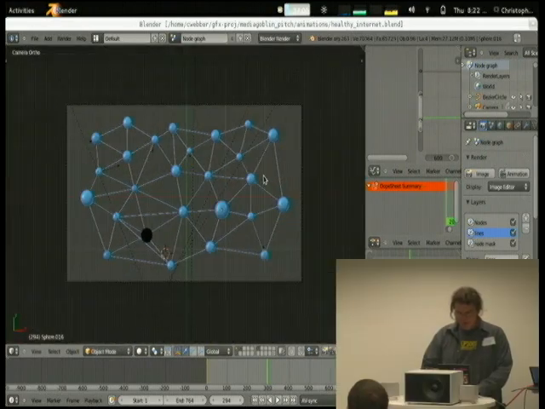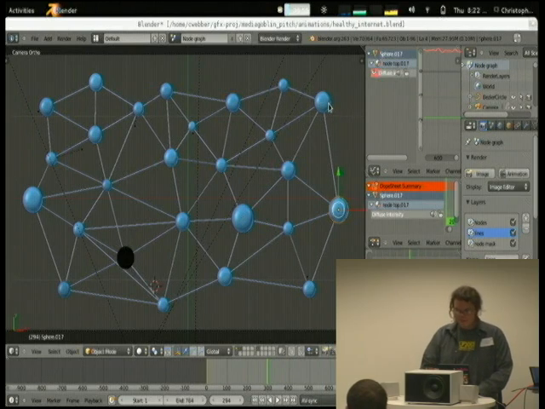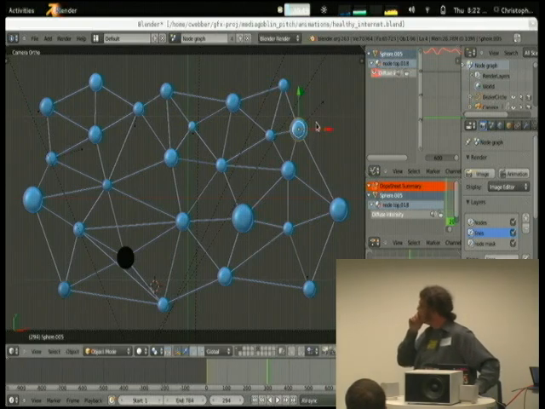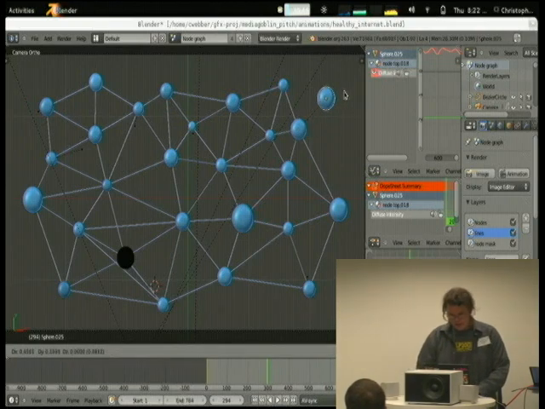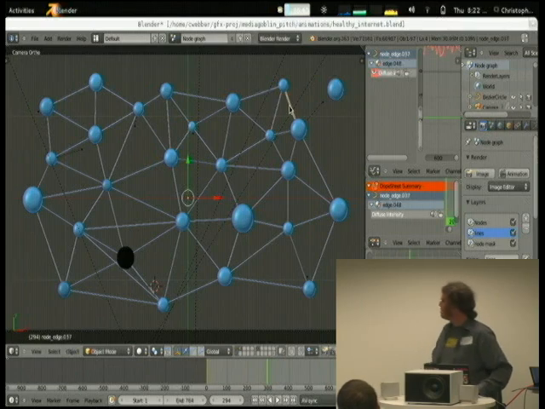What's the problem with this is that building this thing is a huge pain in the ass, because every time you've got one of these things, you're like, oh, I've got this. I'm gonna move this over here. That's really nice, I like where that one is. I'm gonna copy this, move this over here. Now we've got a new one. And now I've got to connect these edges between them.